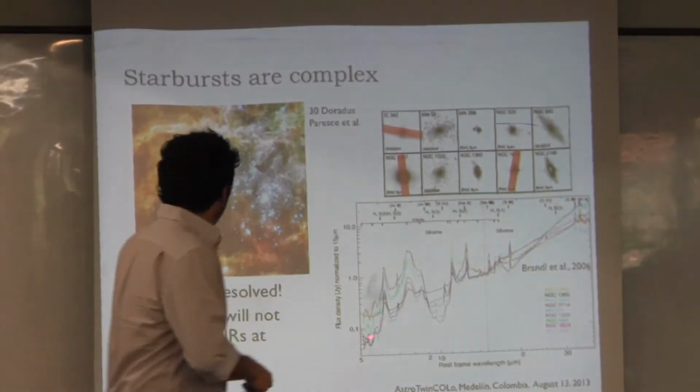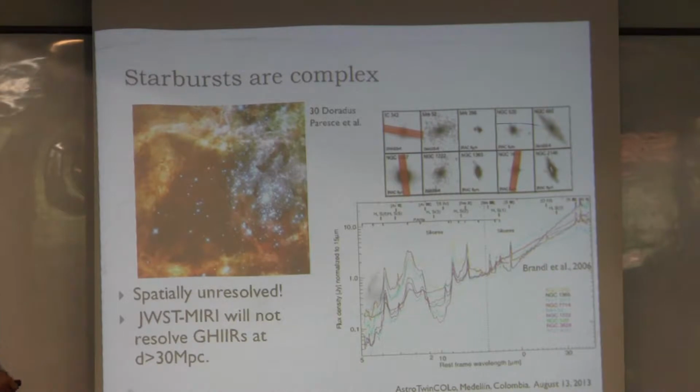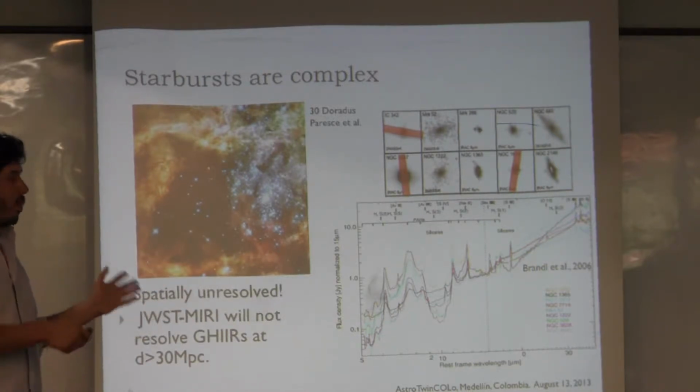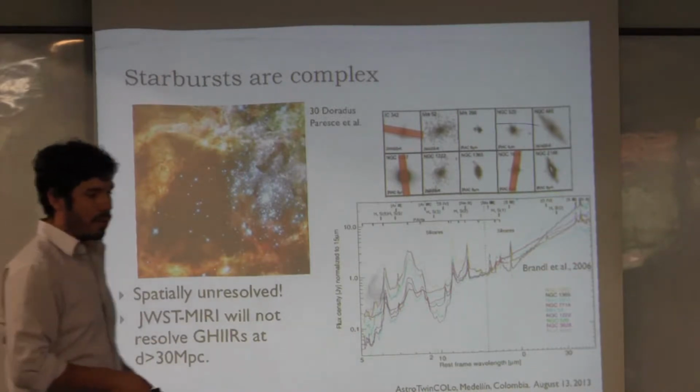And of course, if you look at this example, these are spectra obtained with the Spitzer Space Telescope. And you see, again, those features you were talking about; here, this is the PAH emission. So that complexity is reflected in a lot of different properties of the spectra. For example, these PAHs here and the emission lines that you see here for atomic species, the slopes of the thermal emission are different. And then you want to try to get as much information as you can, both from the spectra and from studies at both short and long wavelengths.